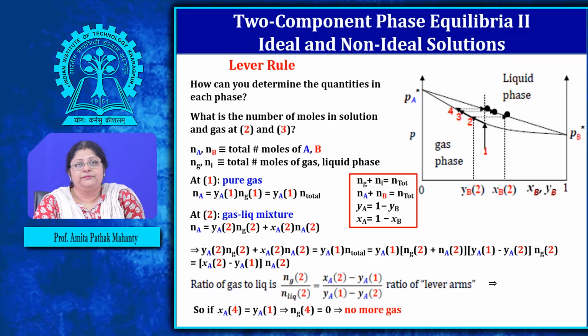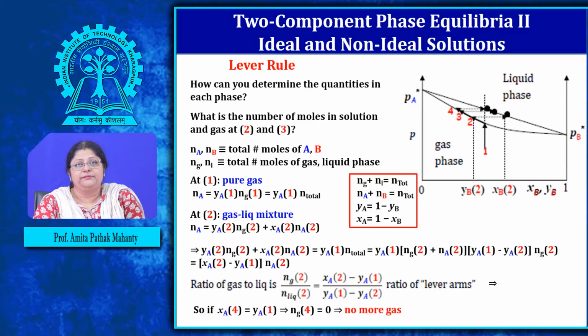Yes, ma'am, clear. Now if I want to find out the Na or Nb, if you find out Na, you can find out Nb. So if you can find out Na, what will the Na be? Number of moles at that particular point 2